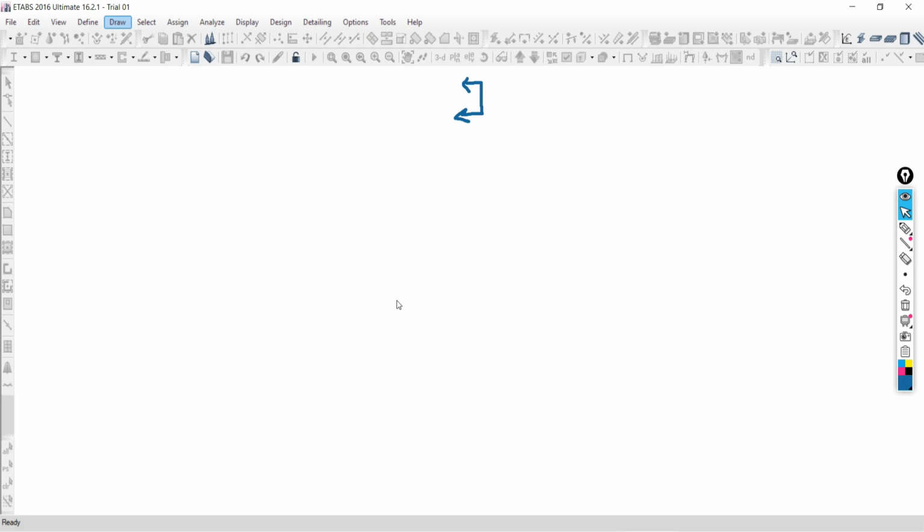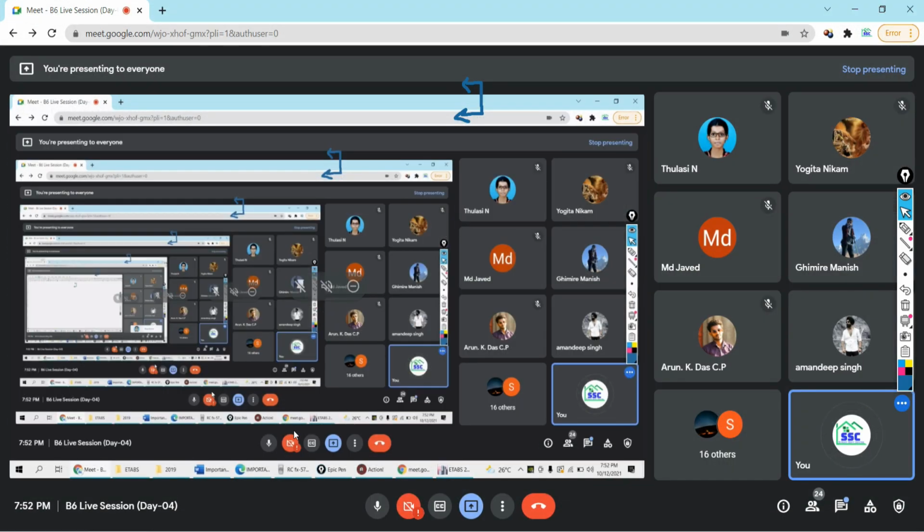Is there anything happening? Hello? Nothing. It is not going to happen anything. So I tried to open the model file, but I'm not getting anything inside of the software. So that's the problem. Then what will you do? What I told you? Tell me fast.